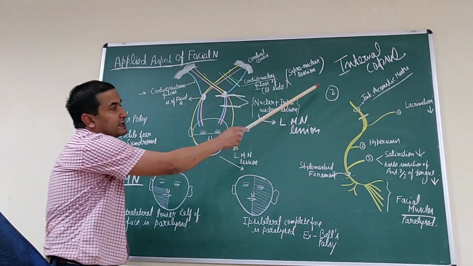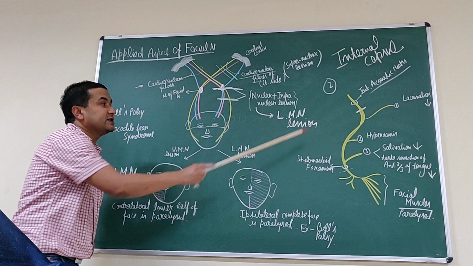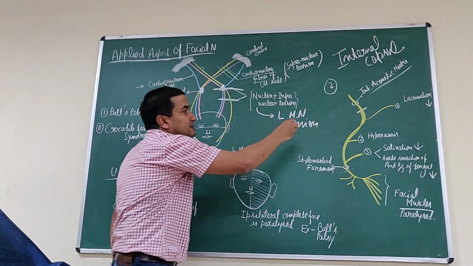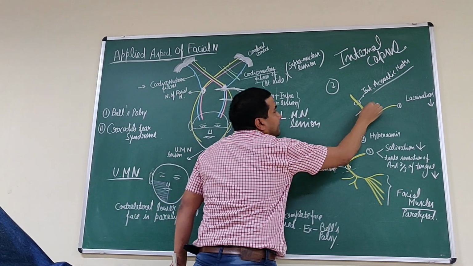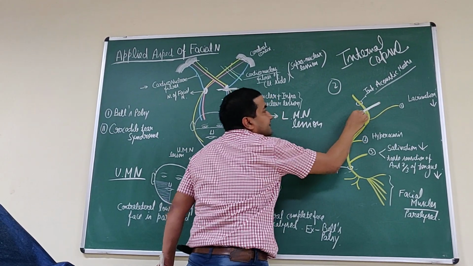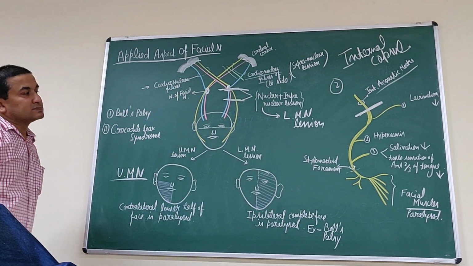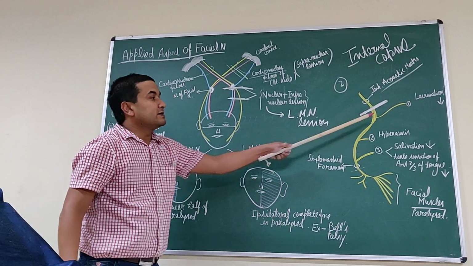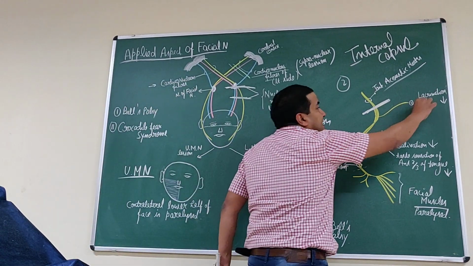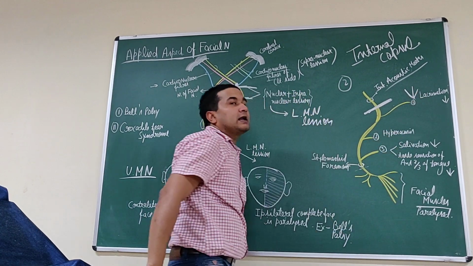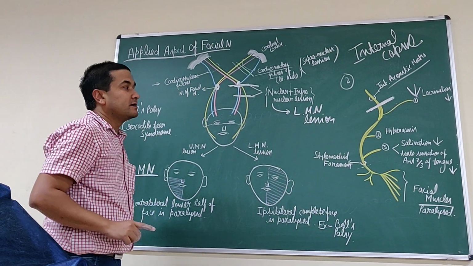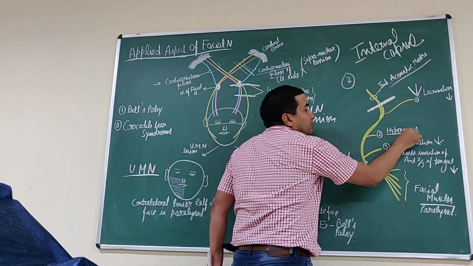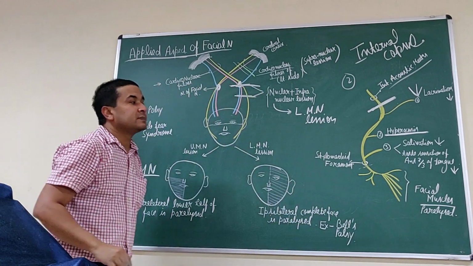Now, overall injury of the facial nerve is a lower motor neuron lesion. Suppose the injury occurs above the geniculate ganglion, where the nerve is cut in the facial canal. What will be the effect? All the branches will lose function. The greater petrosal nerve is affected, so there is decreased lacrimation on the same side. Then the nerve to the stapedius will be paralyzed. It results in hyperacusis.